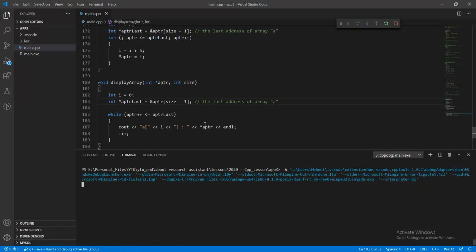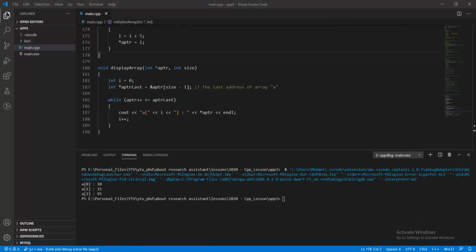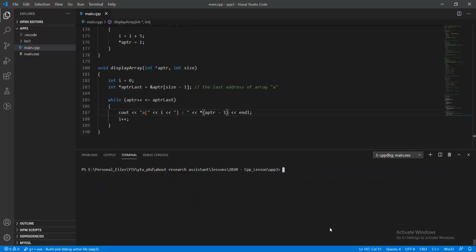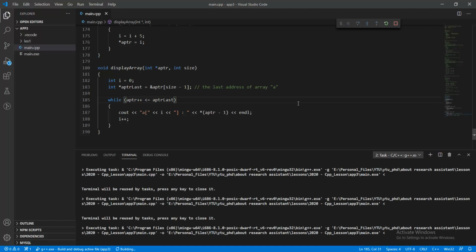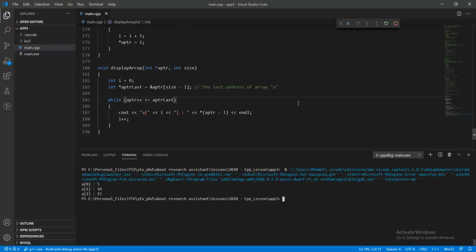so because we have an error value at that point, APTR at the next point points to the second element of the array, so we should add this notation in here. 95 is a garbage value at that point, and so we restart the program by pushing Ctrl F5, and then we have the 5, 10 and 15 elements of the array in here. Okay,